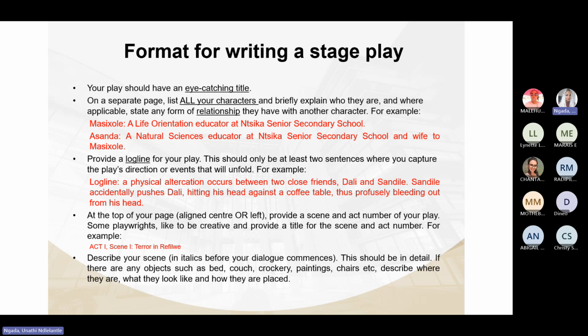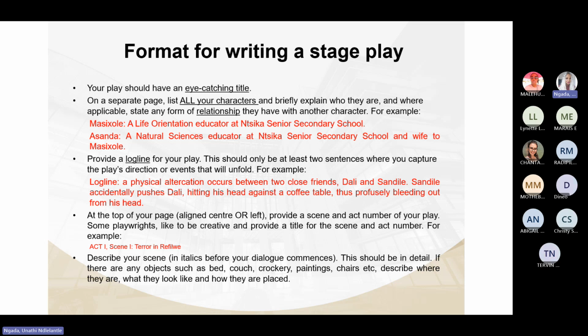In other words, the title should allude to the themes that you are exploring in your play, the overarching themes, and it should also inform the genre of your play. Genre being, is it a suspense? Is it immersive? Is it social justice theater? Is it in your face theater?